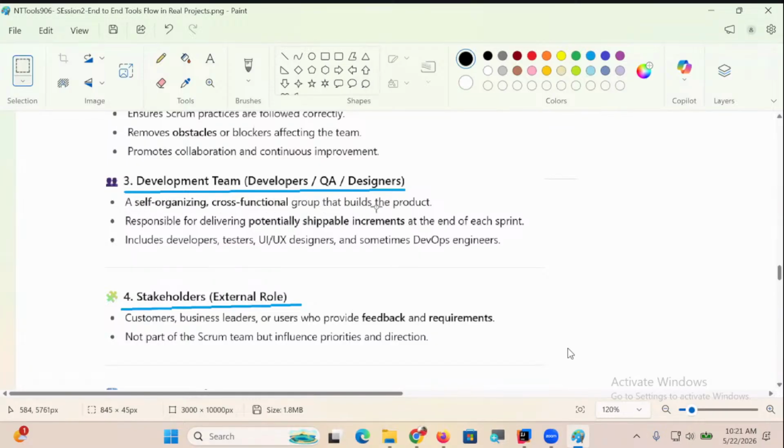Self-organizing cross-functional group that builds the product. Responsible for delivering potentially shippable increments at the end of what? Each sprint. Okay, they're responsible to deliver the product. Includes developers, testers, everything, all team members. Next one,